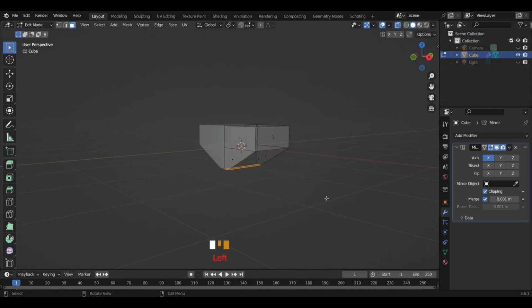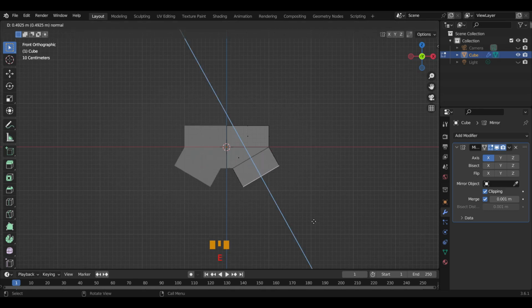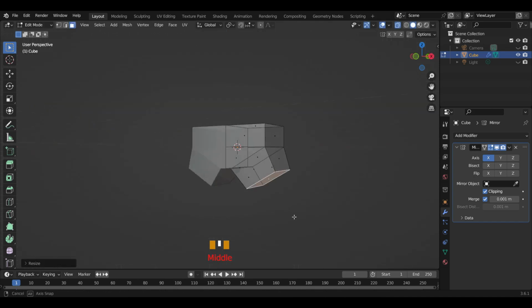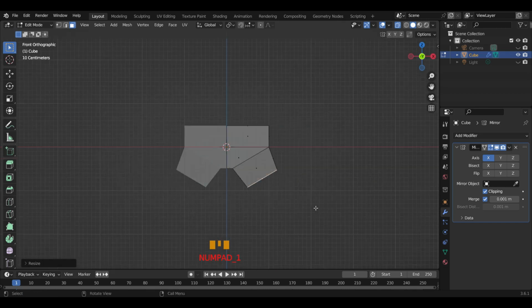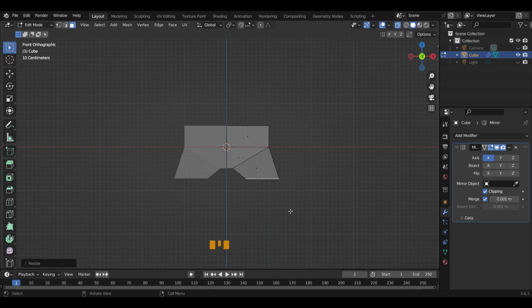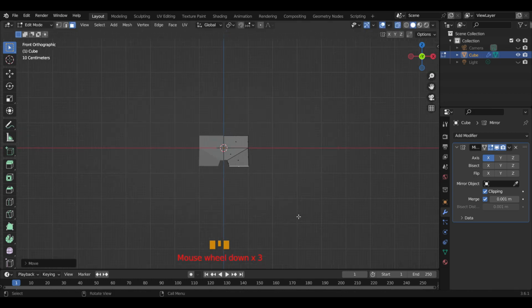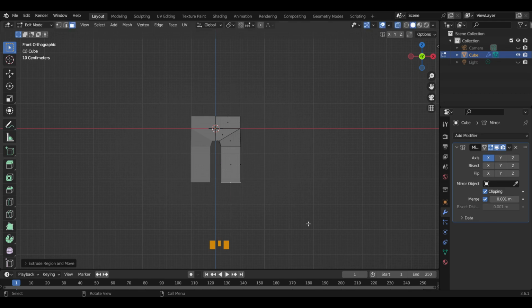Go to face mode, select this face and extrude a little bit like this and scale down like this. Press 1 again and rotate a little bit, press S, Z and 0 for scaling and G like this. Again extrude, a little bit scale,